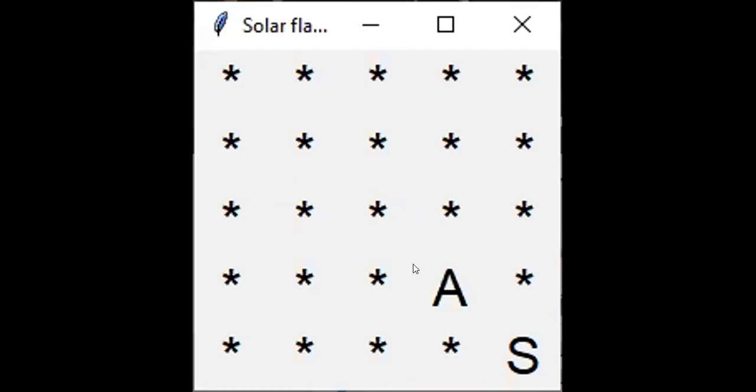So what happened there is that our astronaut was making a prediction, sort of checking if a solar flare is happening, and when the astronaut identified that the flare is not taking place, then it just moved to where the satellite really is. So let's rerun again. Let me share the code one more time.